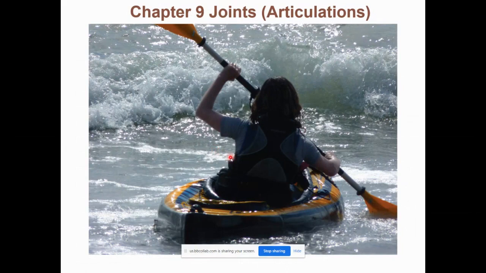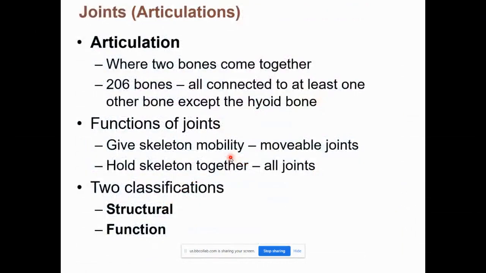I'm going under the assumption that you've already been through this material, because you should be on 11 and 12 right now. The pace was 9 and 10 last week. And you should have covered a lot of this in lab too. So I'll run through some of the important parts with articulations, the structural and the functional